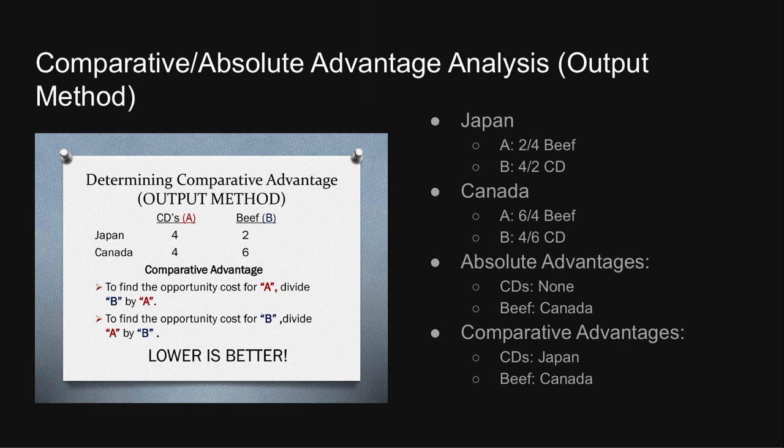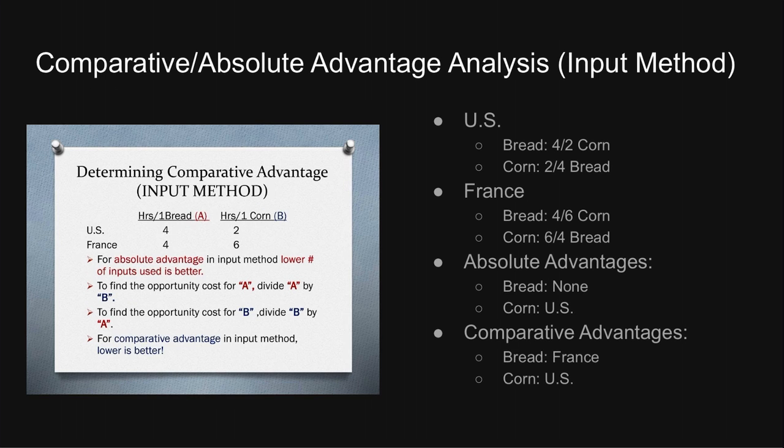So now we're going to talk about the input method. This is different from the output method, which determines how much you can make, because the input method requires how many resources you need to make one unit. So usually it is going to be in terms of hours, but it can be in terms of other units besides time as well. So if we look at the units of bread, which is good A, and units of corn, which is good B, for the United States,